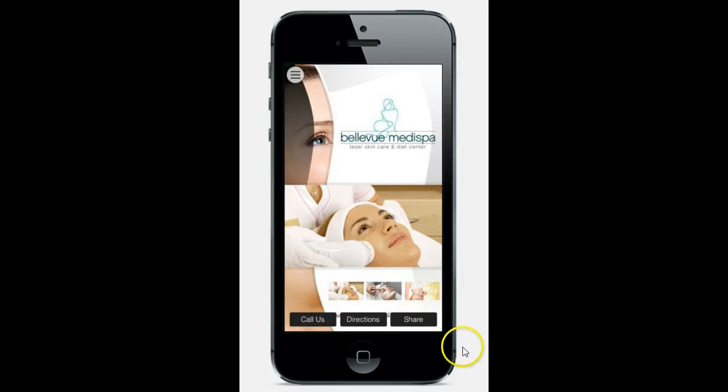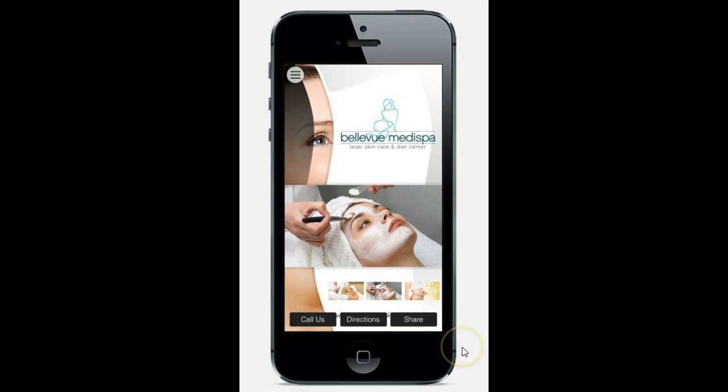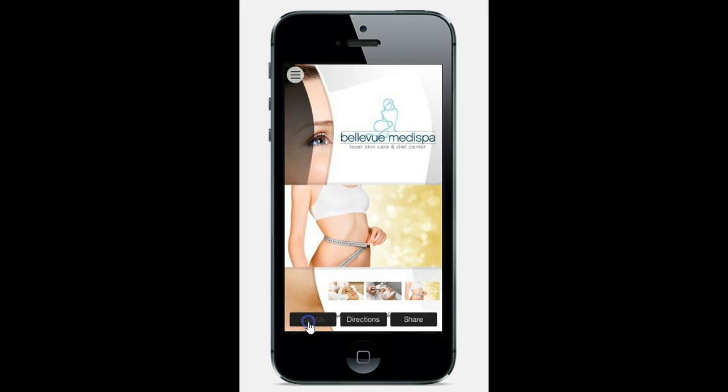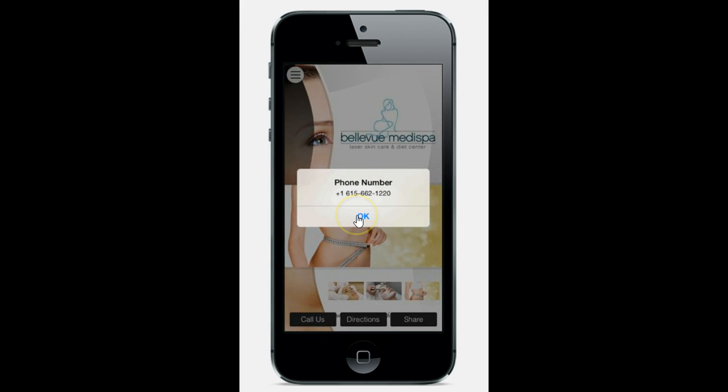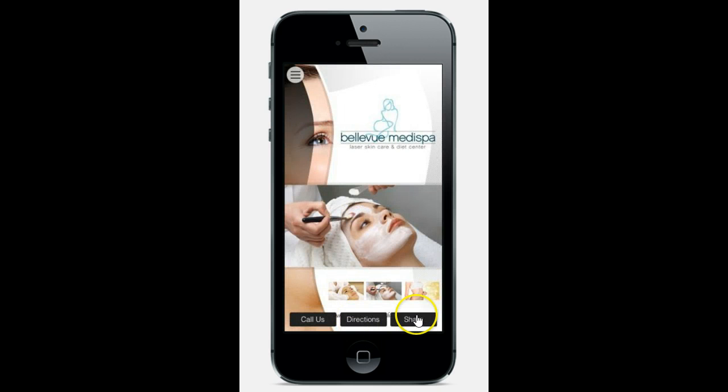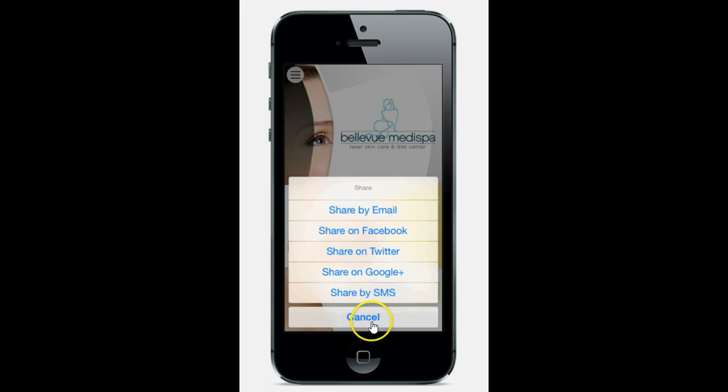Here's an example of a med spa and how they utilize their app. Down at the bottom, we have the Call Us feature, which can be dialed from any cell phone. You just hit OK and it will go to the dialer automatically. Directions will give you GPS directions, and this will allow your users to share your app by email, Facebook, Twitter,